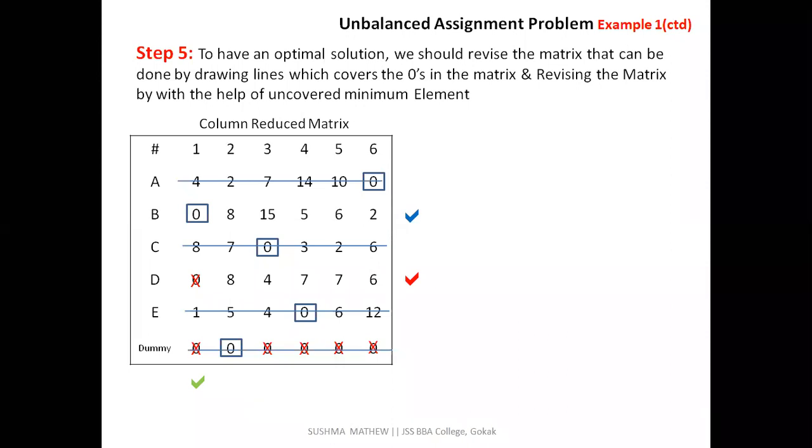And then column wise. Wherever I have tick marked, na? Now vertical line will come. Now horizontal I finished. 1, 2, 3, 4. Where there are no tick marks, I have put the lines. Now I have to put a vertical line. Wherever I have tick mark in the column, in that particular column, I am putting my line. I have marked column number 1. So I am putting my vertical line there.